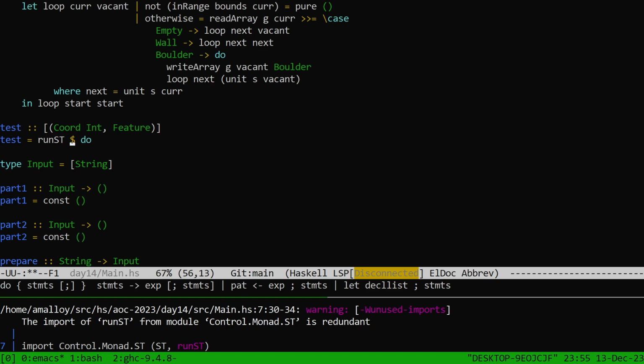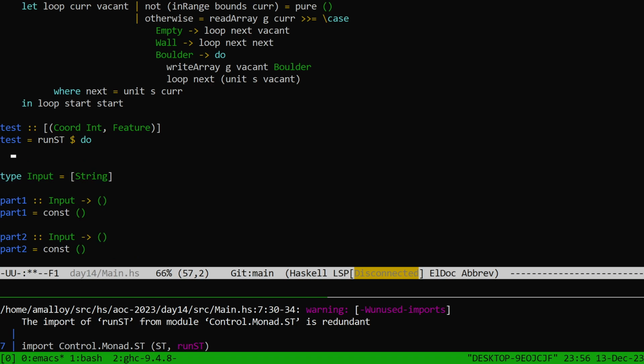Now my recollection is there's some funny business with dollar signs where run st has a strange type, and some of the stuff you're used to writing for most things in Haskell doesn't work with run st. I think they special case dollar sign to work normally, but if you perturb this at all, it doesn't work. Like if you say foo compose with run st of do, it's like God help you. So run st of do,